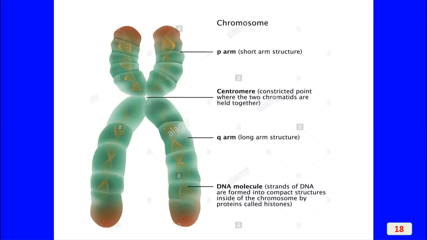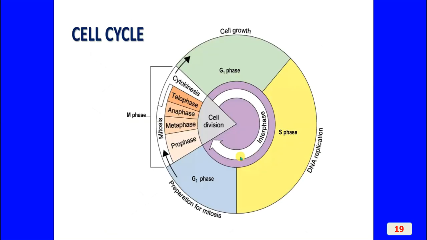Here there is a structure of the chromosome, and we have learned this in detail in the earlier class, like the P arm, Q arm, etc. Then the ends consist of the DNA molecules adhering to both of these bodies. As you know, the cell cycle is already dealt with.